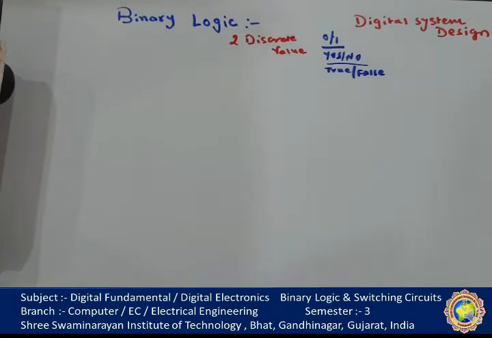Remember that the variable may take these two values, called by different names as I suggested, but for convenience, in terms of bits, we assign the binary values 1 and 0 for our digital system design, which is described in a mathematical way that is useful to manipulate and process binary information for designing any digital circuit. The binary logic introduced here is equivalent to the algebra called Boolean algebra.